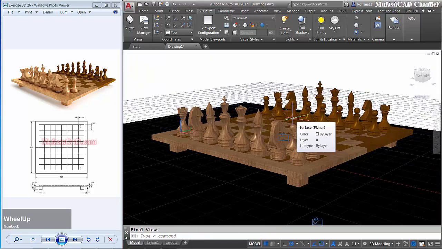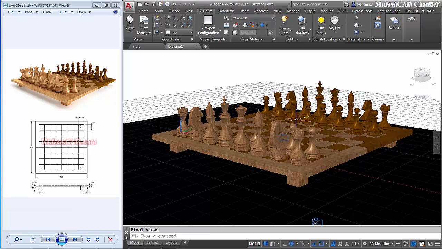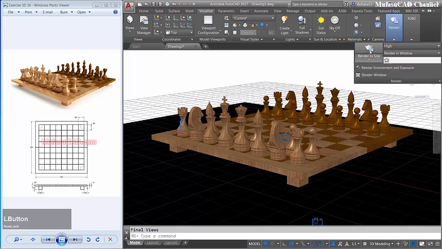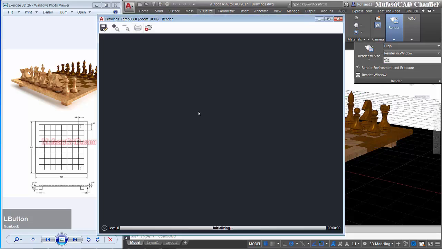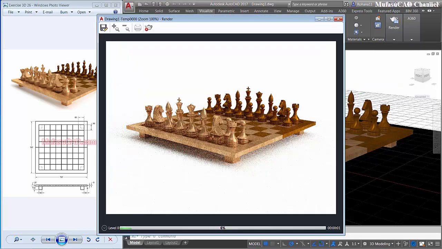Next, we will try to render this object. You can click here and click here to render. Waiting for rendering, so we wait for the rendering process until finish. It's about 10 level. Okay, we finished the rendering process, and I think it's enough today for AutoCAD 3D modeling